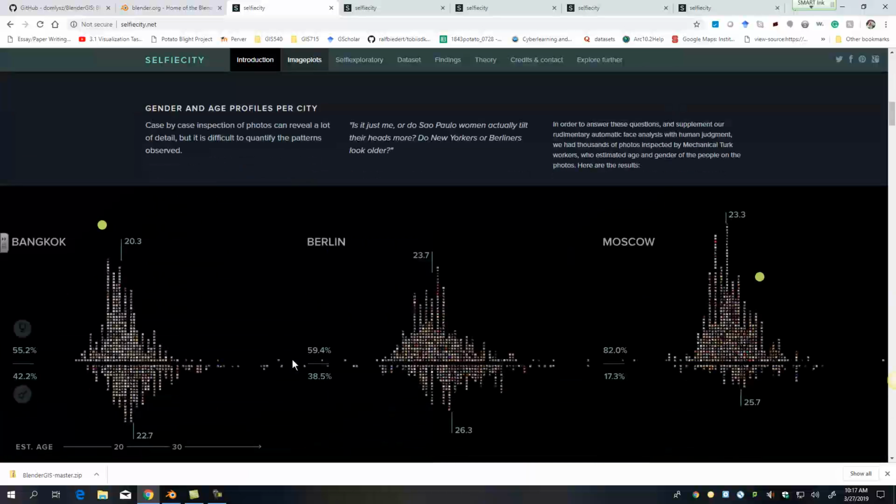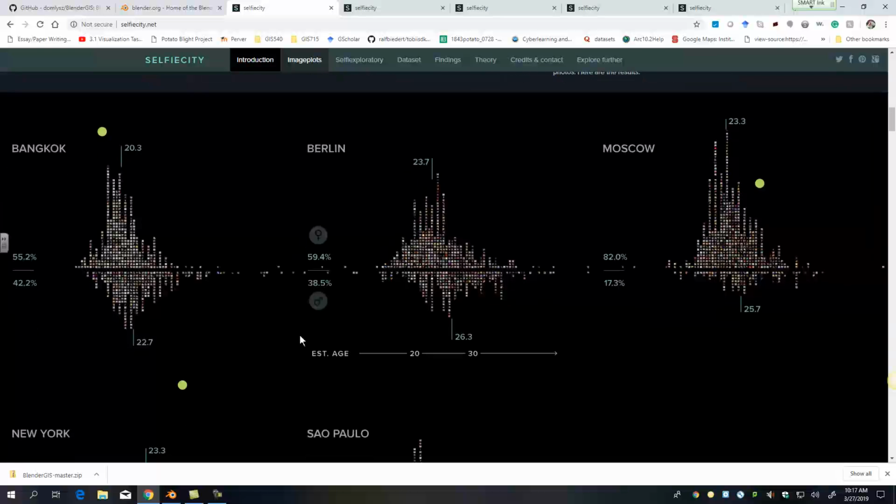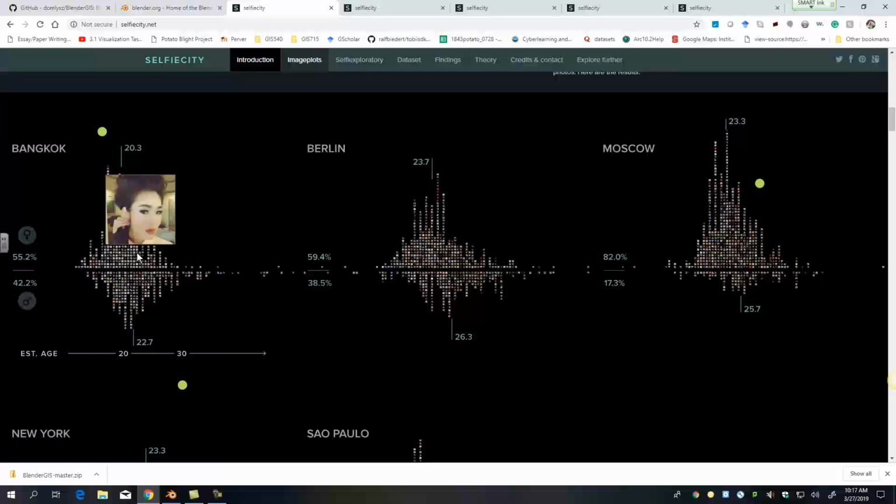So here, one of the things that they show is gender by city, and as you see on this axis, with the increase, it shows the number of women on one side and males on the other, and they do this by age as well.